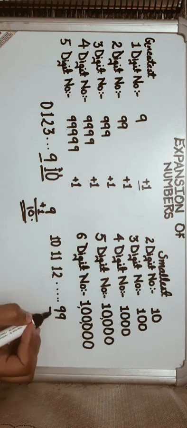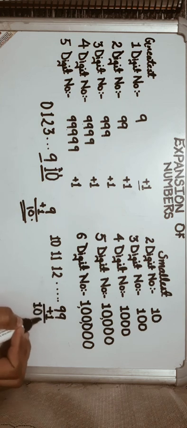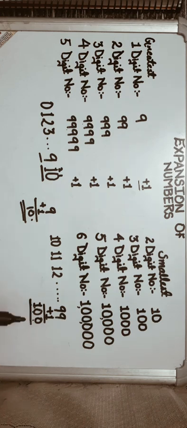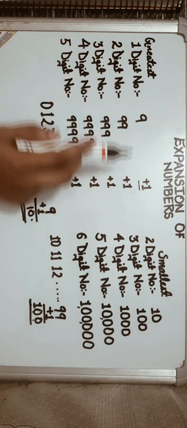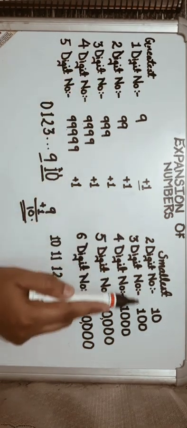Because when you add 1 to 99 you get 100, which is a 3 digit number. So when you add 1 to the greatest 1 digit number you get the smallest 2 digit number,